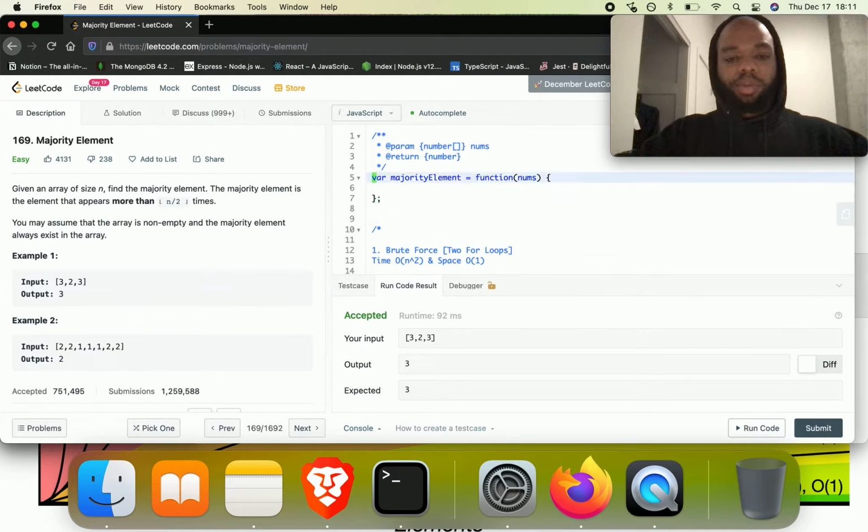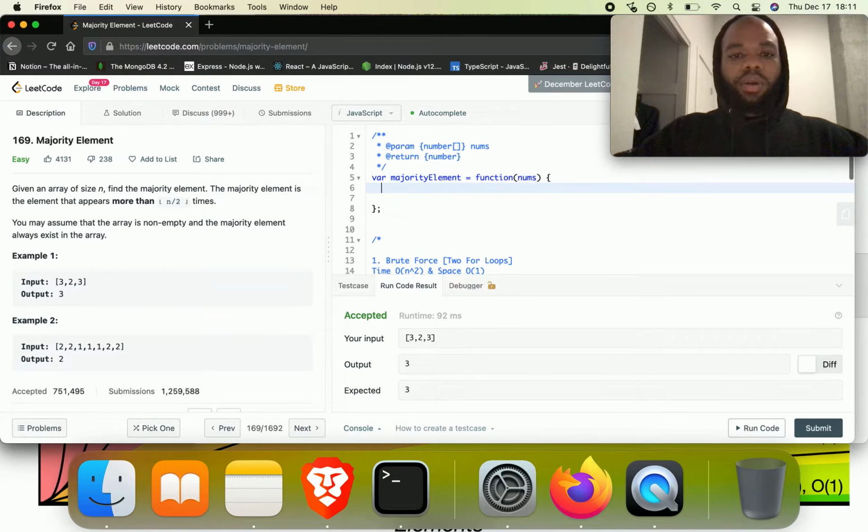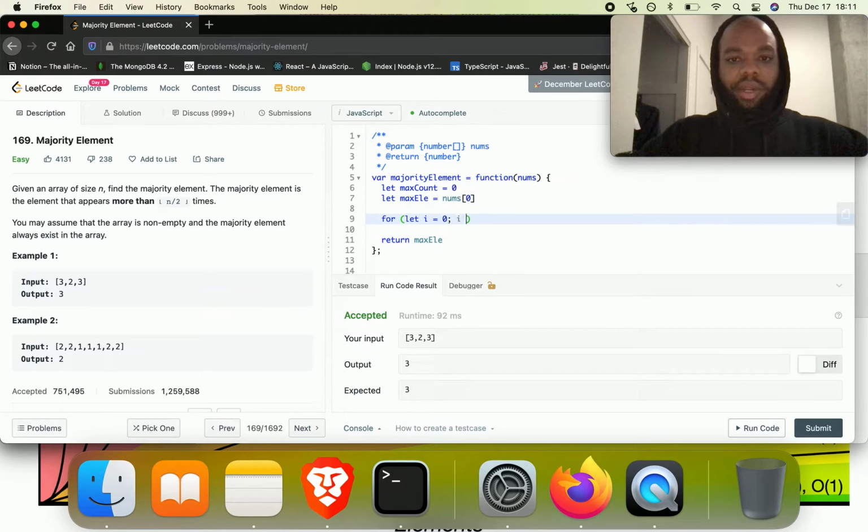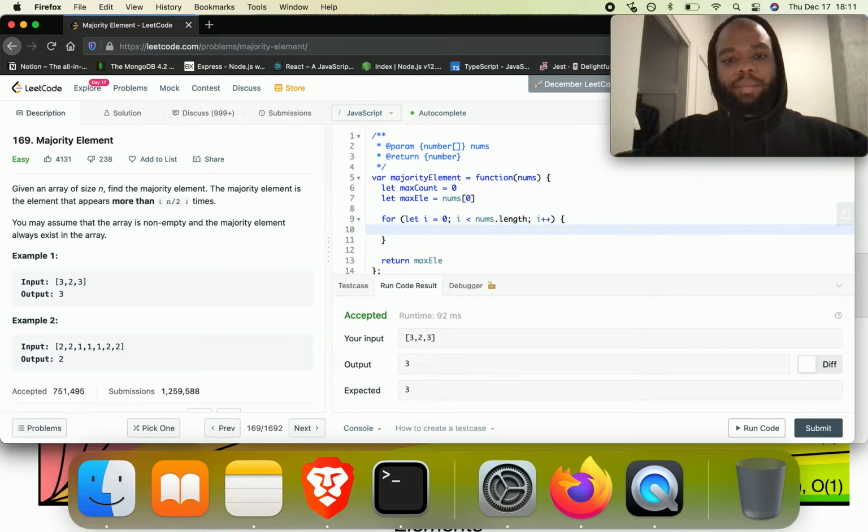So if we implement this, all we would have is max element, which we could just set to the first element, and then we could also have our max count, which we could just set to 0, and then we know we're going to return whatever our max element is going to be. So now we can iterate. So i will be 0, i is less than nums.length, and then we'll create another count variable, which will start off at 0, and then iterate from j being i plus 1 until j is less than nums.length,